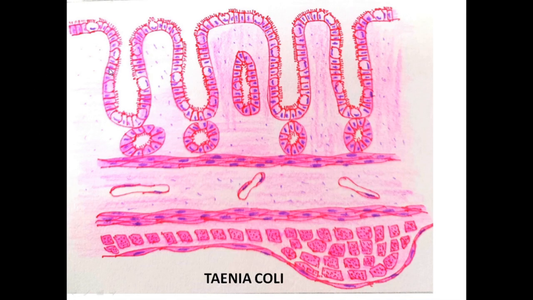So here, the number of goblet cells is increasing. These are the glands present in the lamina propria. These are the cross sections of the glands also. So they are extending throughout the mucosa. The epithelium is simple columnar, and in the initial part of the colon it will be simple columnar with microvilli also. But more importantly, there will be this longitudinal layer which is thickened at 3 parts, and that's why it is more prominently seen at these 3 parts. That is called the tinea coli. So this is how you can draw the diagram of tinea coli.